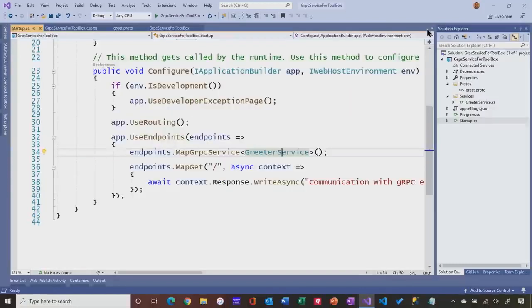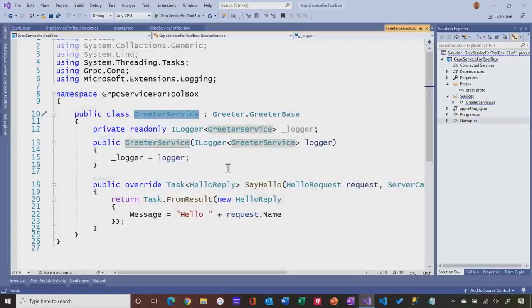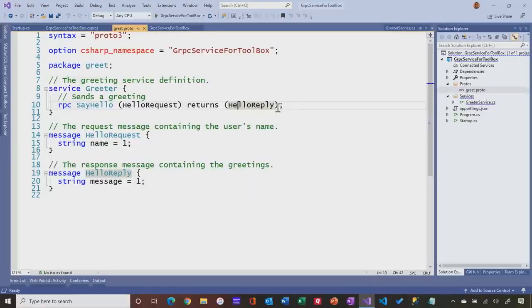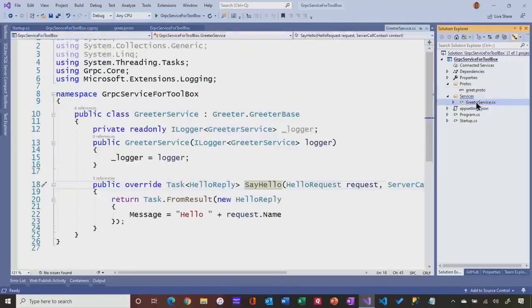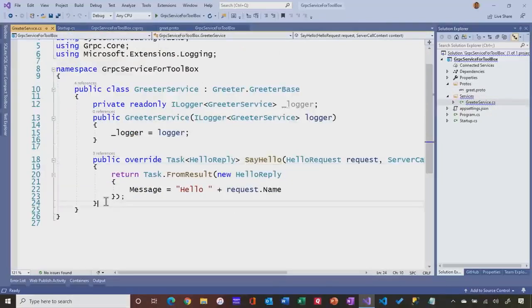So when I come over, my experience as a developer is I go to my service definition, and I can just override the RPC methods that I want. Let me show you an example. If I hop back over here, I'm going to create another RPC. Let's call it say hello to, so we don't have any conflicts. All I did is I hit save, right? Now we have the design time build in Visual Studio happening under the covers when I save. So if I come back over into this file,